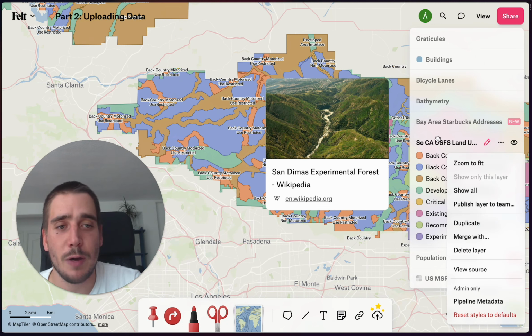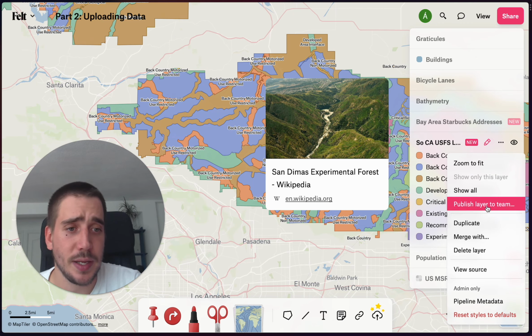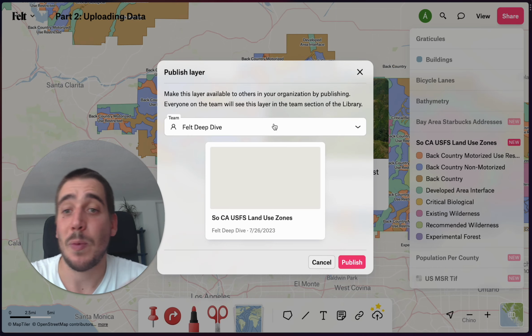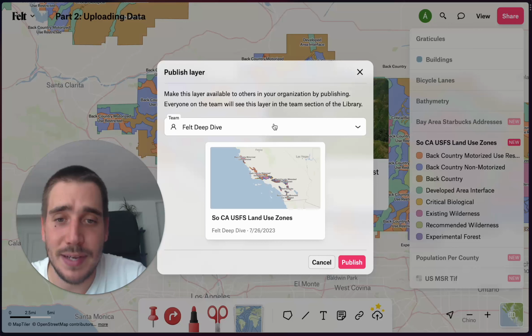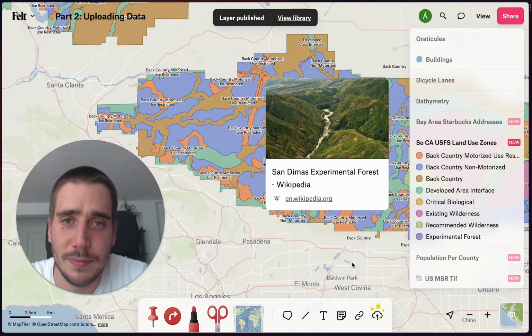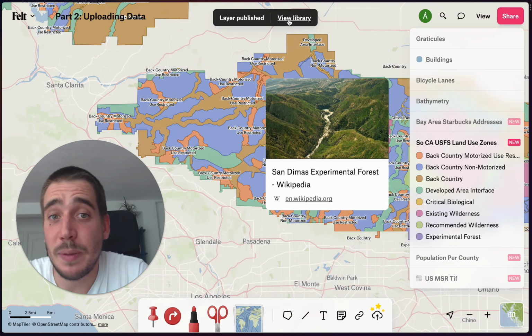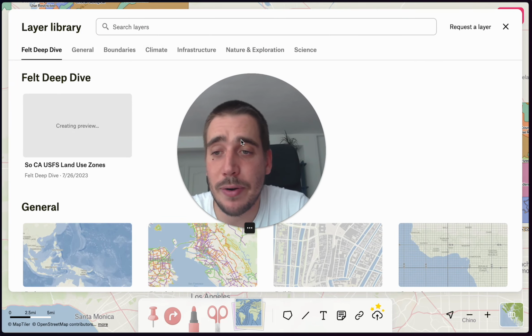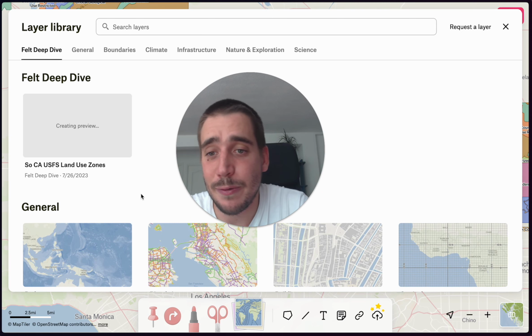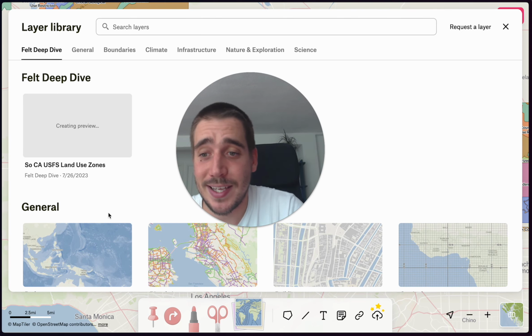So let's open the overflow menu for this legend item, this layer, and go to publish layer to team. And we can add it to our team, the Felt Deep Dive team. As you can see, the thumbnail gets automatically populated. I'm just going to publish it. Okay. The fact that this layer has been published means that it is now in my library. The thumbnail will appear in a few minutes, and I can just add it just as I did from any of the